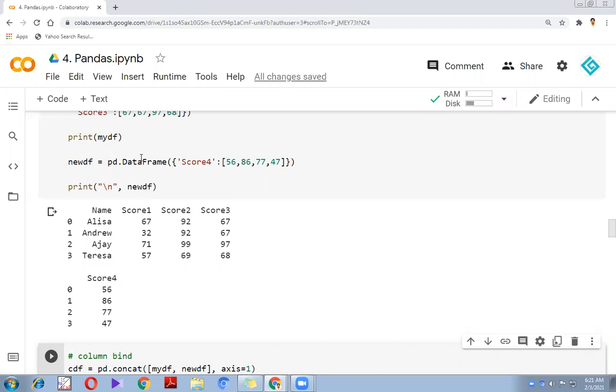Suppose my new df is cdf, equal to concatenate cdf